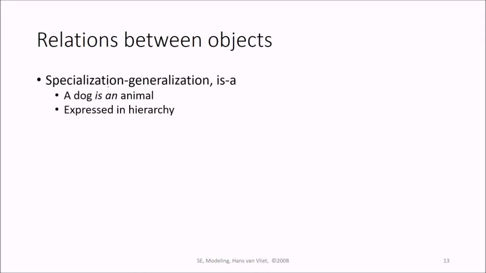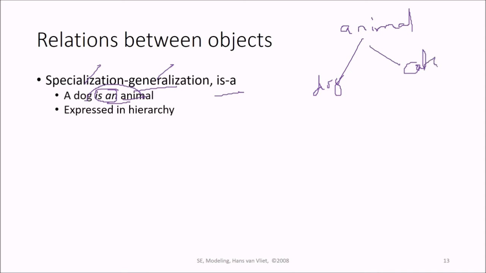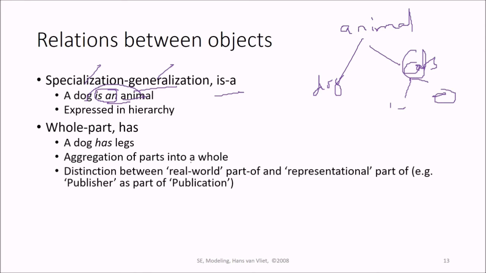Then relationship between objects. The relationship between objects can be specialization and generalization. See, for generalization, we can take an example of inheritance, how it is implemented in the programming language. So you can have a specialization, generalization. That is a relationship. What is a relationship? Dog is an element. So dog is a specialization of animal, or animal is the generalization of dog, expressed in a hierarchy. First we write animal, then we write dog, cats, then we can write various categories of cat, big cat, small cat.